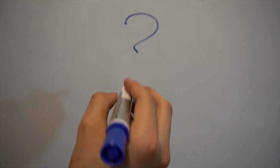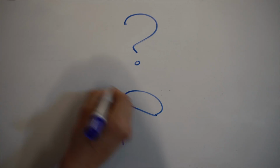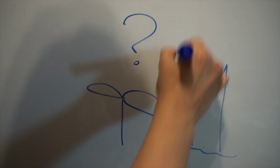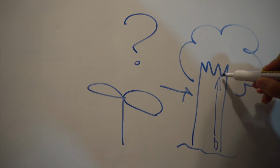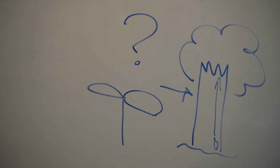Have you guys ever wondered how plants grow? How plants manage to carry water all the way from its roots to its leaves? How do they have the strength to pull water up to its tallest branch while going against the pull of gravity? In order to understand the process that all plants go through, we have to know what the term transpiration